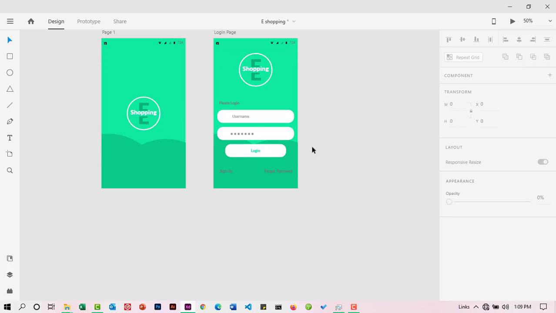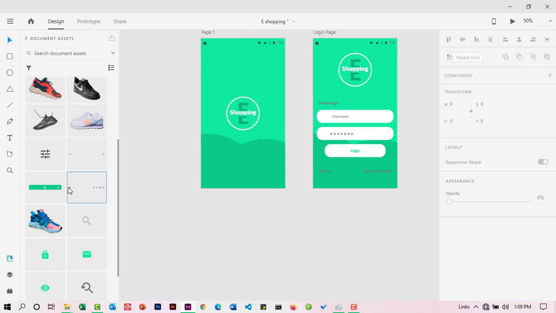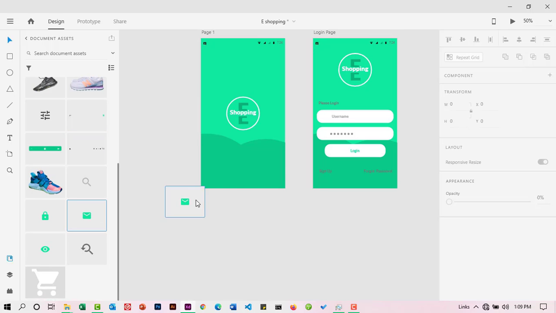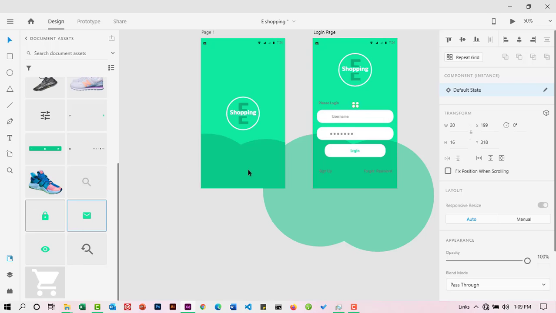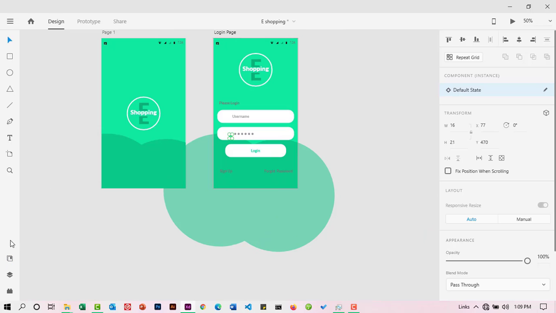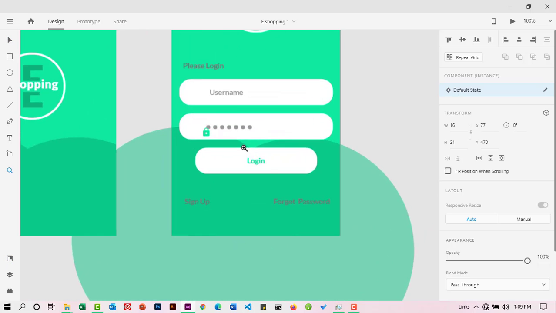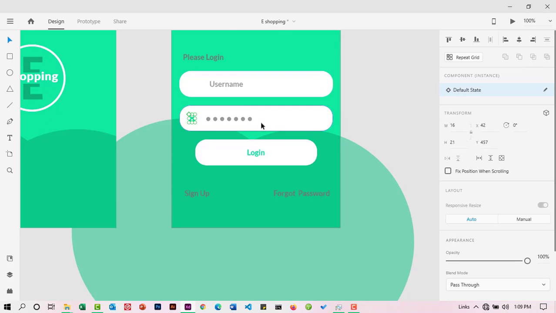The last thing I want to do is to have some icons inside these two shapes. I have the icons in the library, so I go to the library and pick the mail icon, as well as the padlock here. I want to have this one around there, and for some reason we have misplaced the